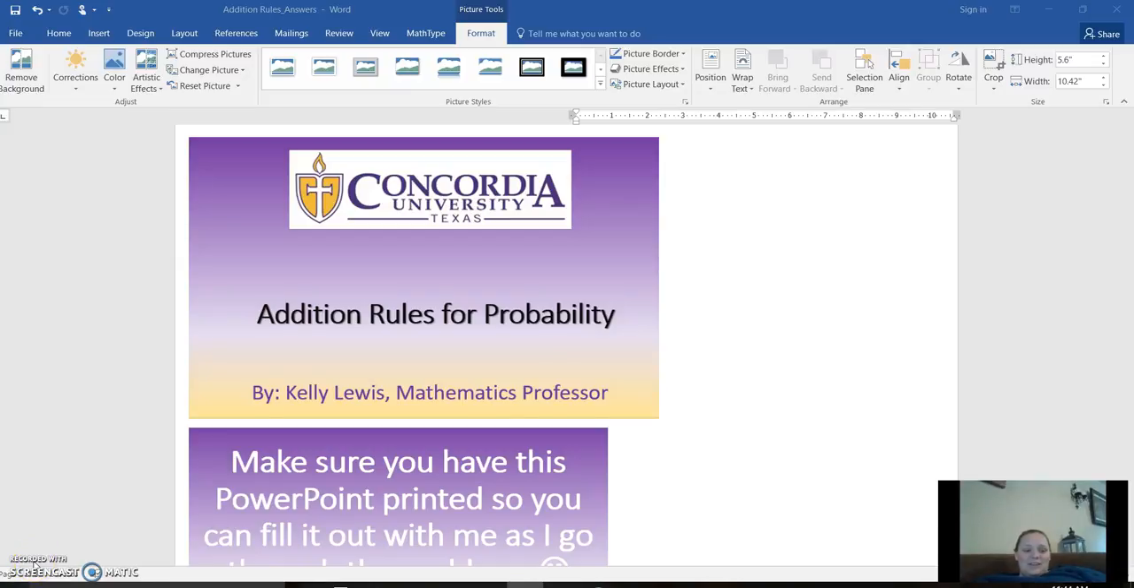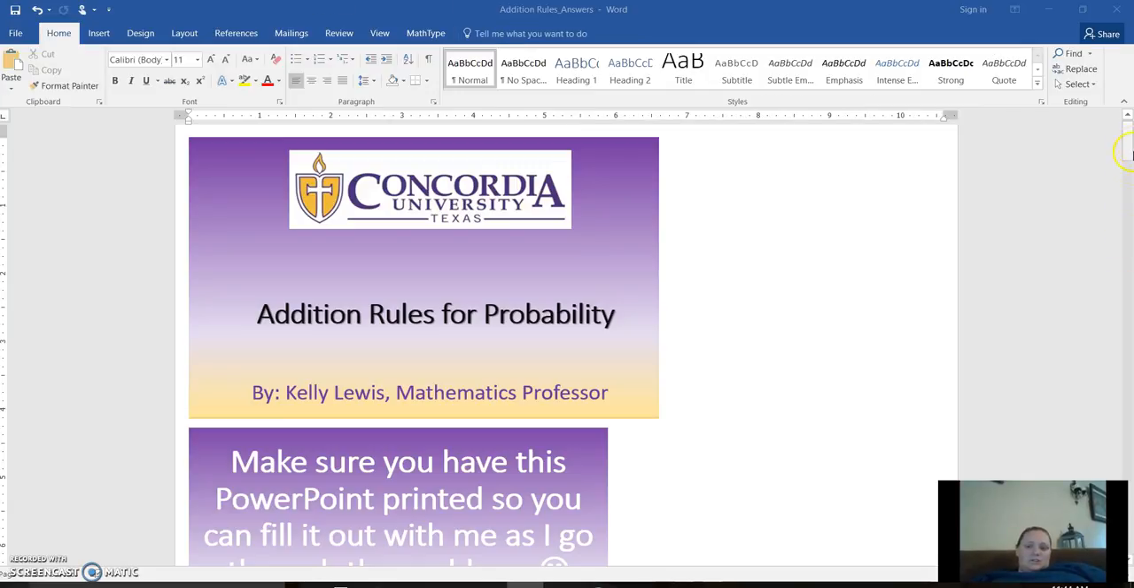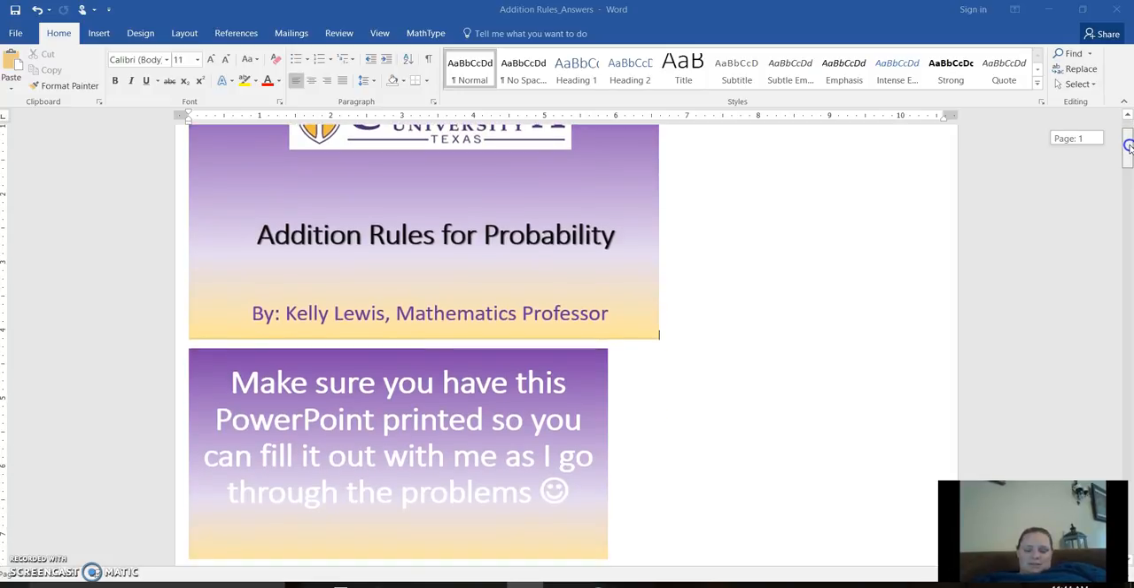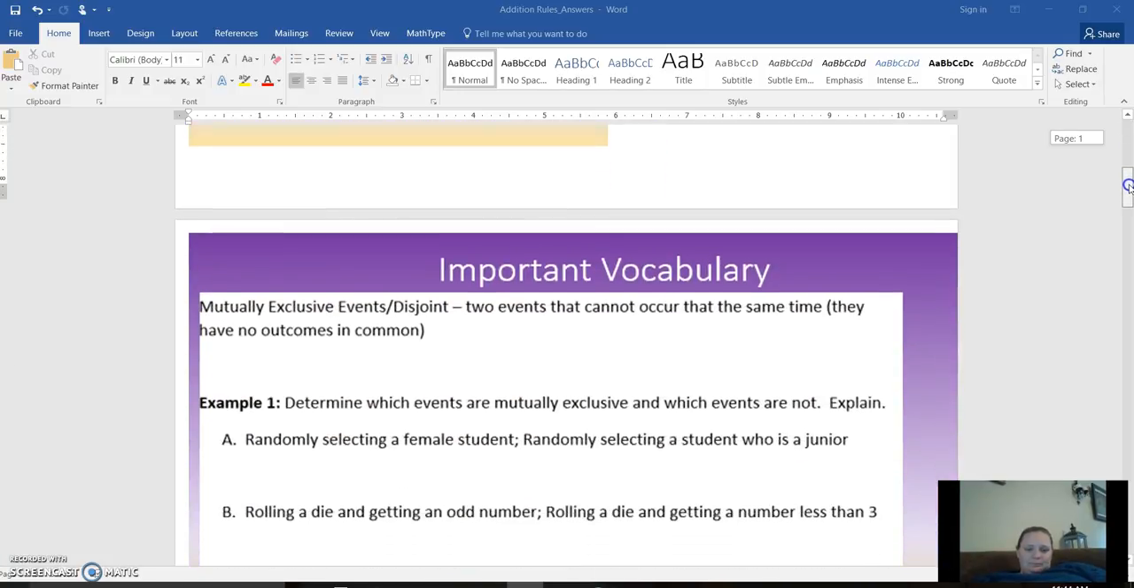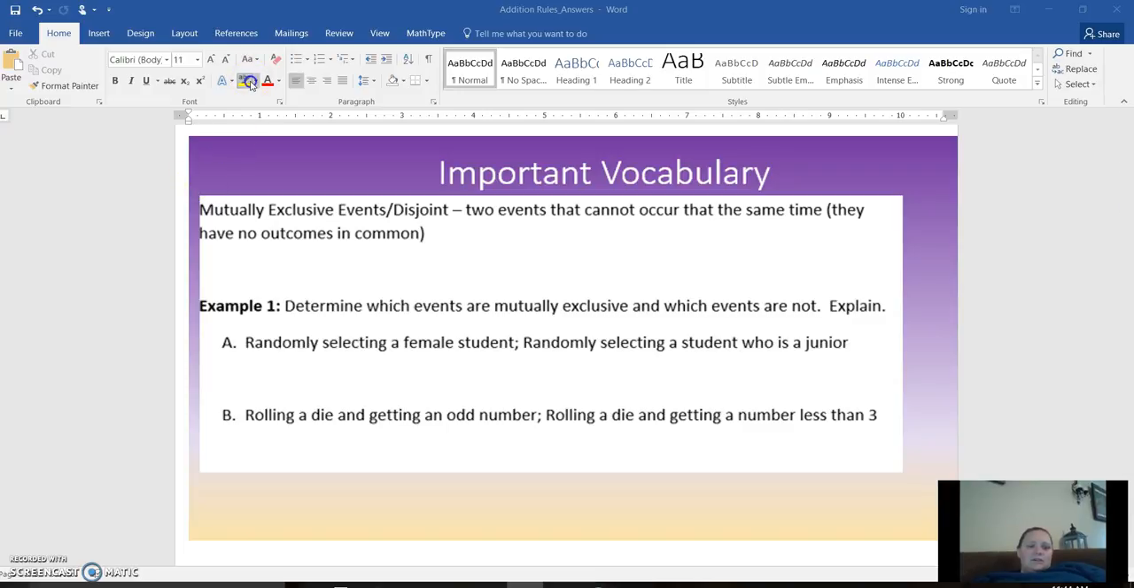All right, so now let's talk about the addition rules for probability, which really we're just going to be doing more probability, and just a few more rules is basically what this section's about. All right, so we've got what's called